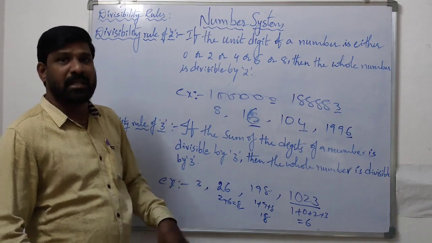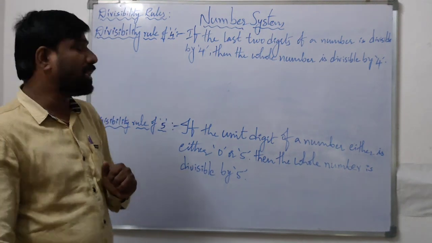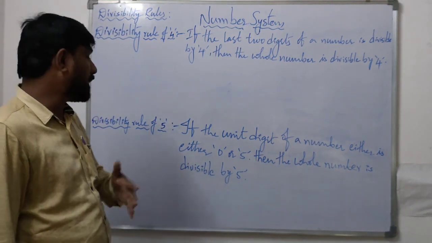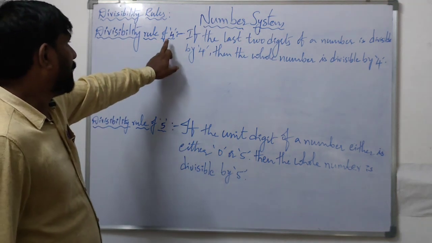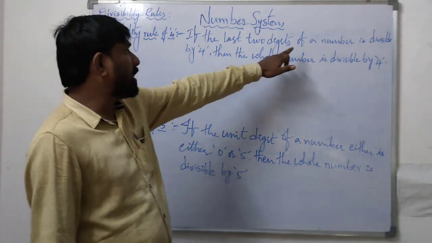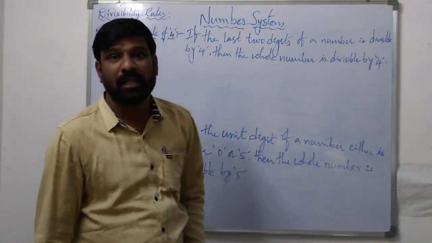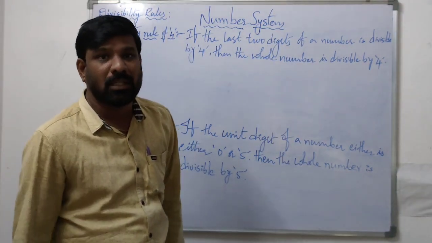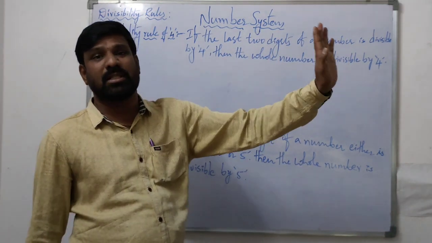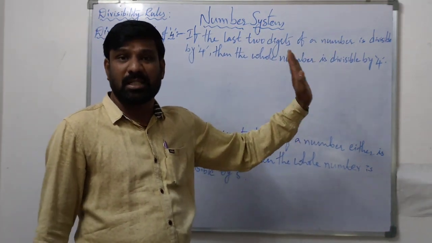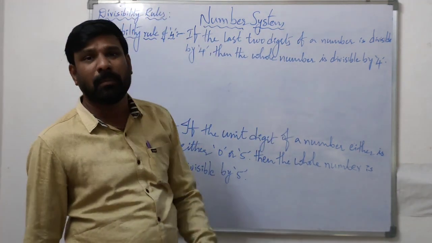Okay? Right, next divisibility rule. Next is divisibility rule 4. What is the divisibility rule of 4? Let us have a look here. For 4, if the last 2 digits of a number are divisible by 4, then the whole number is divisible by 4. You take any number, and in that number the last 2 digits, meaning the 10th digit and unit digit, if they are divisible by 4, then we can say that the entire number will be divisible